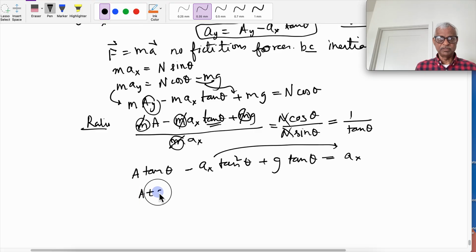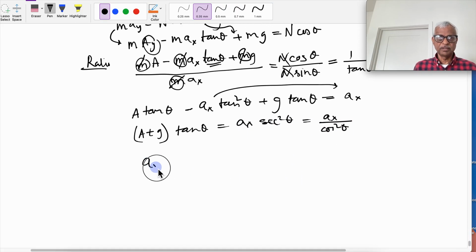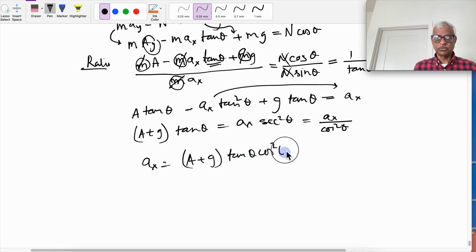So A plus G tangent theta equals AX sec square theta, equals 1 over cosine square theta, and bring the other side. So that solves for AX equals A plus G tangent theta cosine square theta,